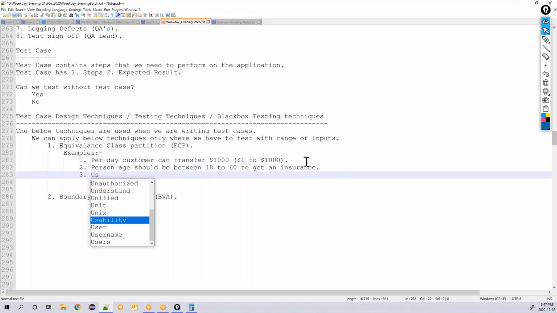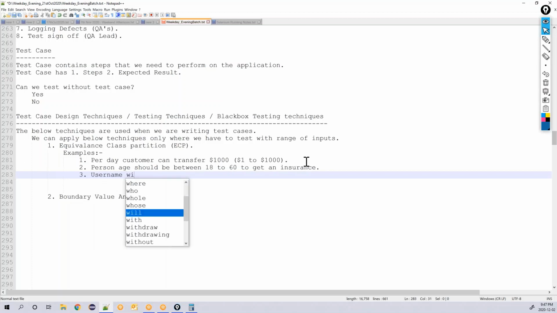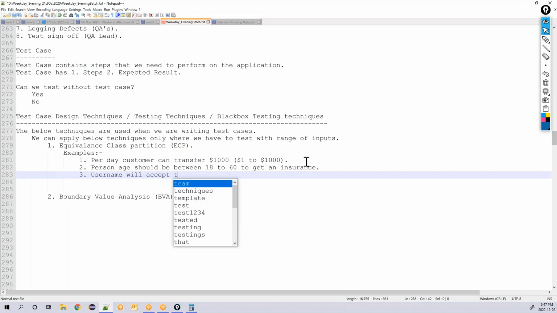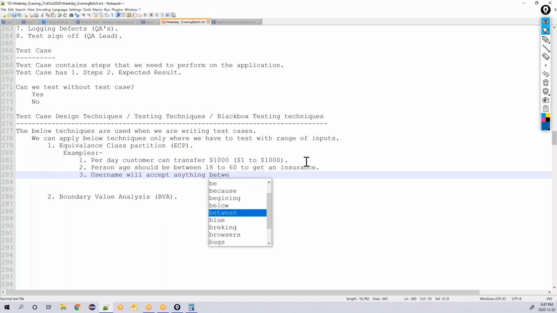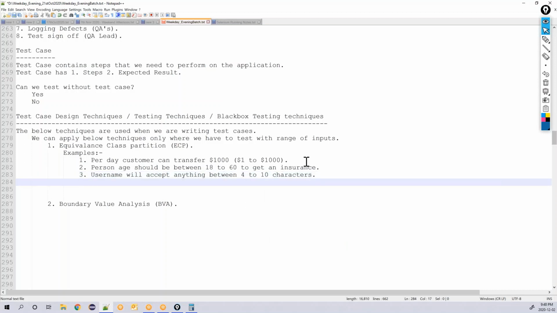Third is, username will accept anything between 4 to 10 characters. 4 to 10 characters. So this is also where you can apply equivalence class partition.